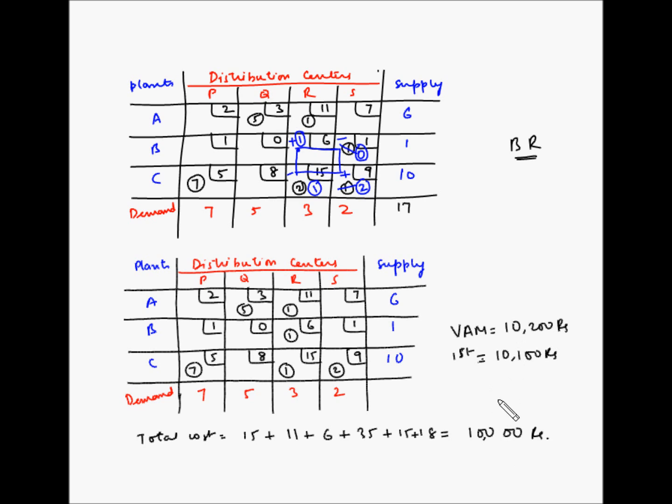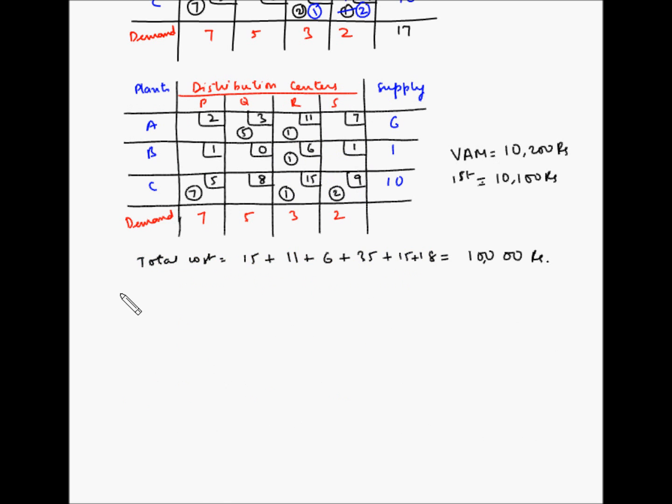So definitely there is an improvement in the total cost of transportation. Now let's find out if this solution is optimal or not. So before we test for optimality, first we have to test whether this solution is acceptable to proceed with the optimality test or not. So let's first do the test for